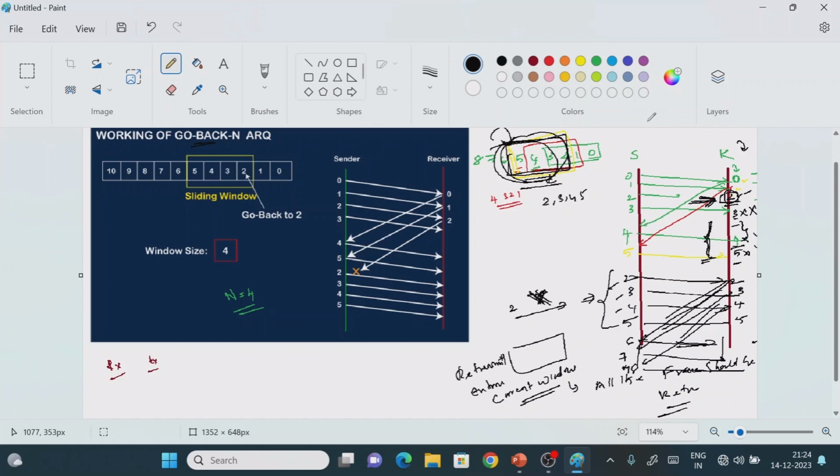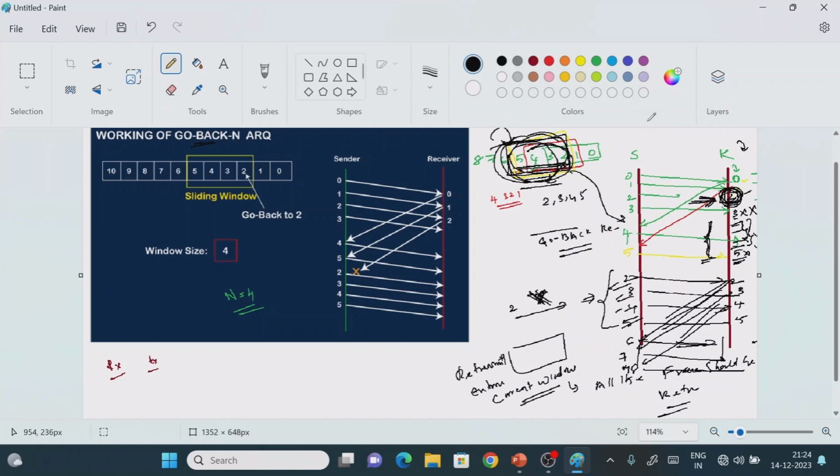Now what is the limitation here? Instead of sending only the lost frame, we are retransmitting the current window or the remaining frames as well, right? This is one of the limitations of Go-Back-N. And what is the meaning of go back? If 2 is lost, we go back to the entire window and perform the retransmission again, retransmitting 2, 3, 4, 5 one more time.